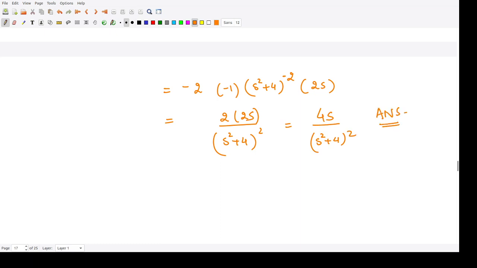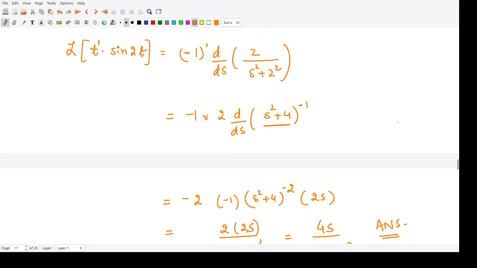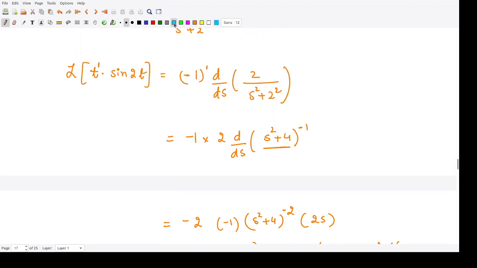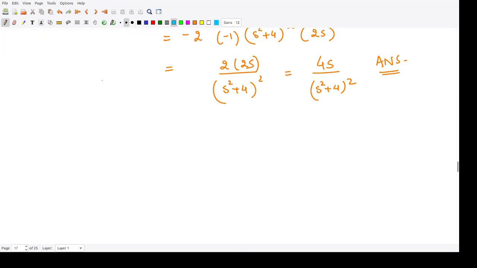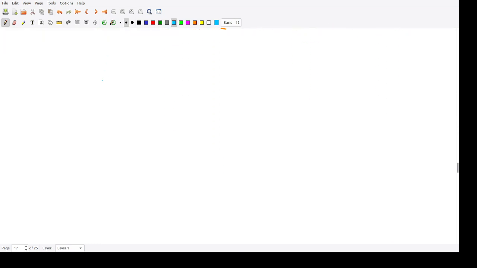This is as simple as that, because we knew the Laplace transform of sine 2t, and we have just multiplied by t to get this answer. Similarly, if you have another example, question number 2 states: find the Laplace transform of